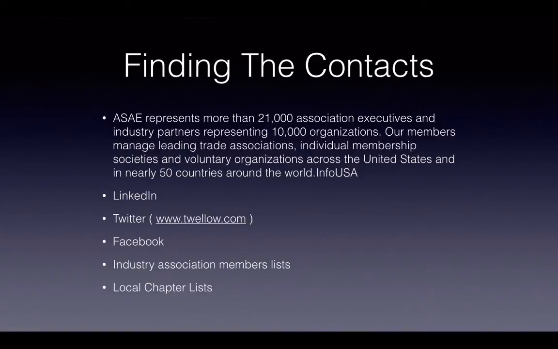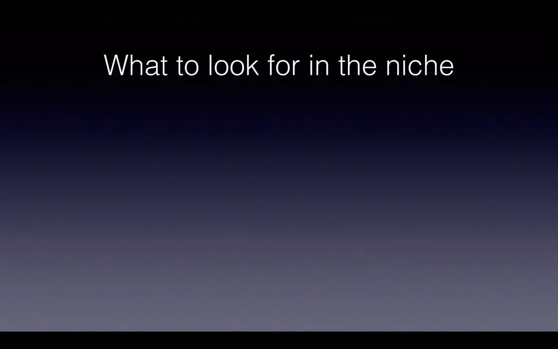And then the local chapter list. A classic example of this, and I'll use the US again, is the Industrial Designers Society of America. It has over 7,000 members in the US, but in California alone, the chapter in Los Angeles has 360 members. So you can go to local chapters and they'll list their members on their local chapter websites as well. So it's another one that you can look at.